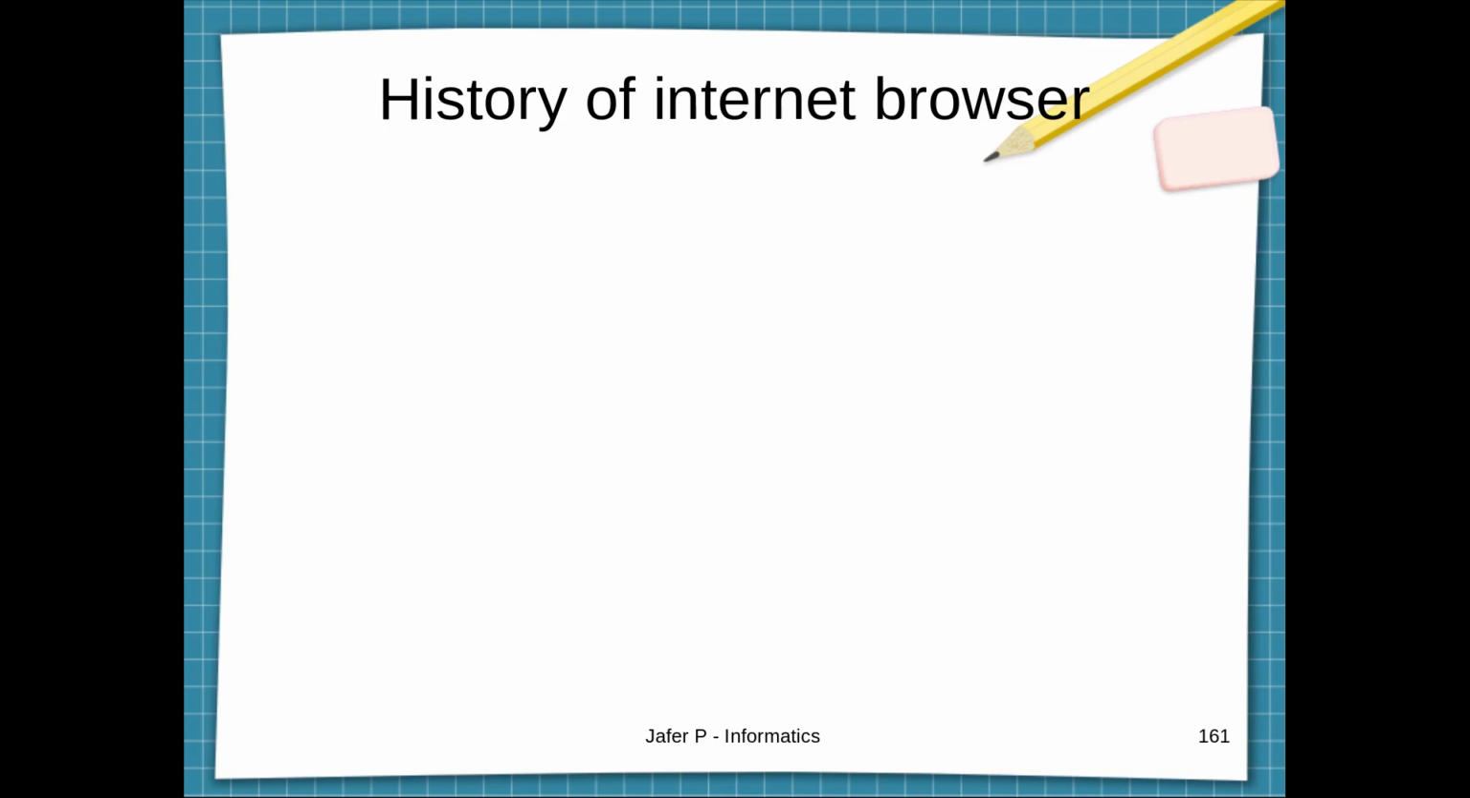Today we are going to start with the history of internet browser. What is the history of internet browser? It is a metadata, or it's a data where we search in the internet, or otherwise you can say it is the history of web browser where the user is